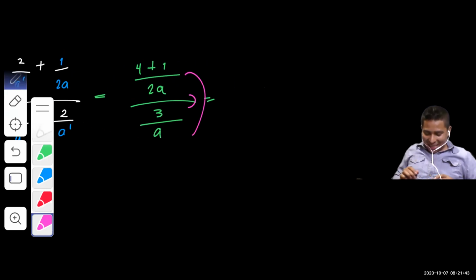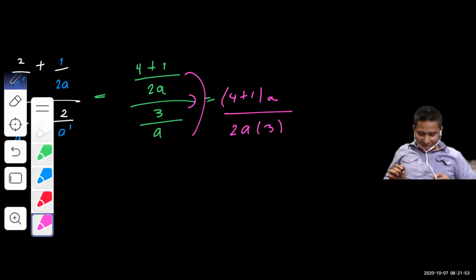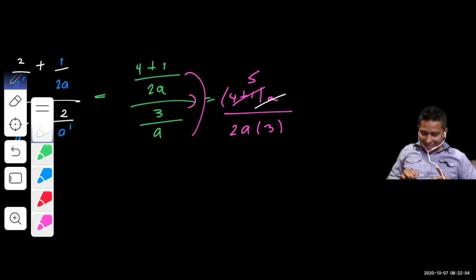Now let's see it. 4 plus 1 multiplying a, right? Over 2a times 3. 4 plus 1 equals 5. Yes, this is 5, guys. This is 5a. Now we can cancel the a's. And the answer is 5 over 2 times